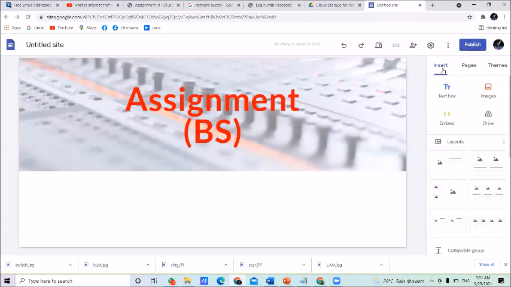Right. Okay, no need to scroll down. Click on the insert. You can see an option called image. Click on the image here. Once you click on the image, then again two options: upload and select. Right. This time I am going to upload a picture.